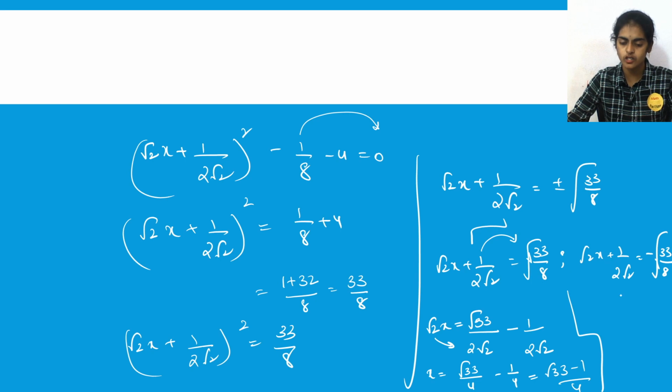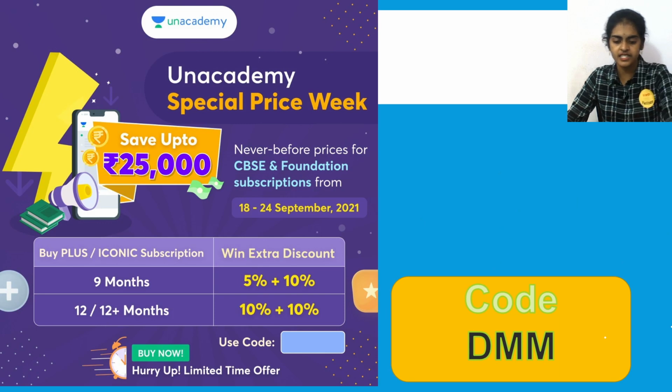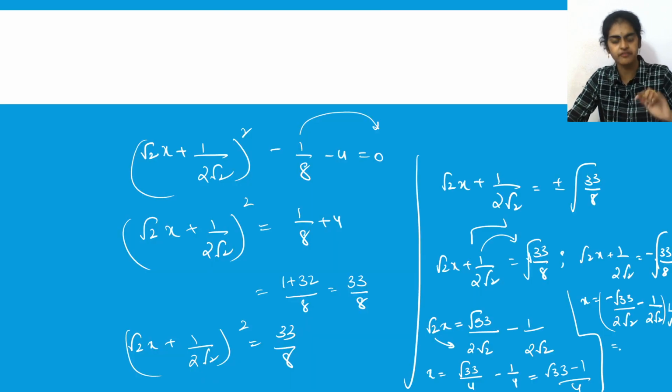Similarly, here also you can take x is equal to minus root 33 divided by 2 root 2. 8 I can write as 2 root 2 minus 1 by 2 root 2. Okay, and you have a root 2 here, 1 by root 2 here. So solving this, finally what will you have? You will have this as minus 1 minus